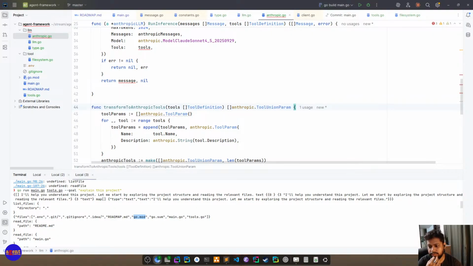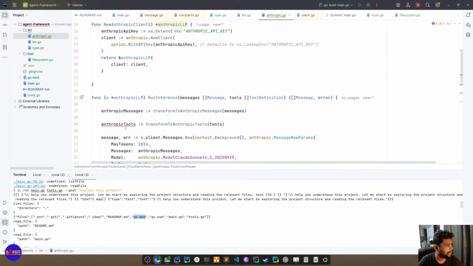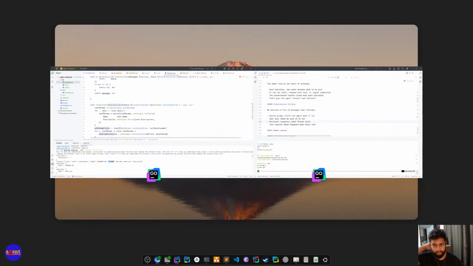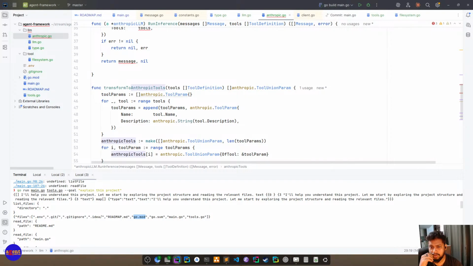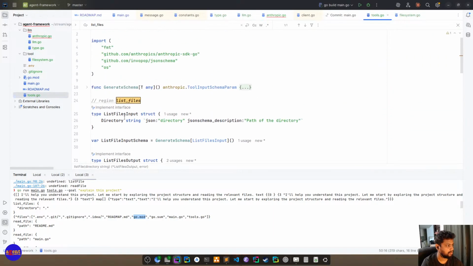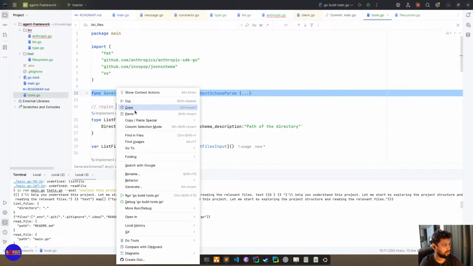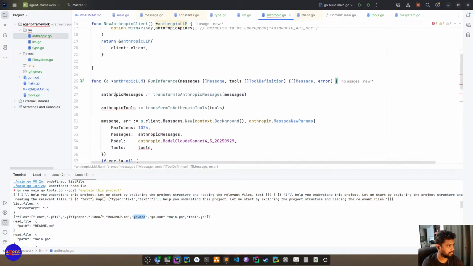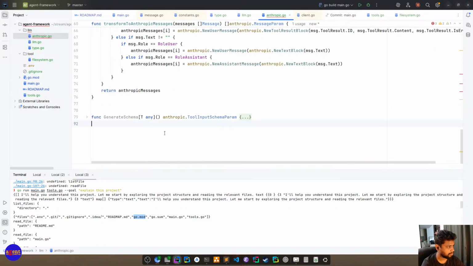Right. Let me refer to my notes of how to do this. Need this generic stuff here.